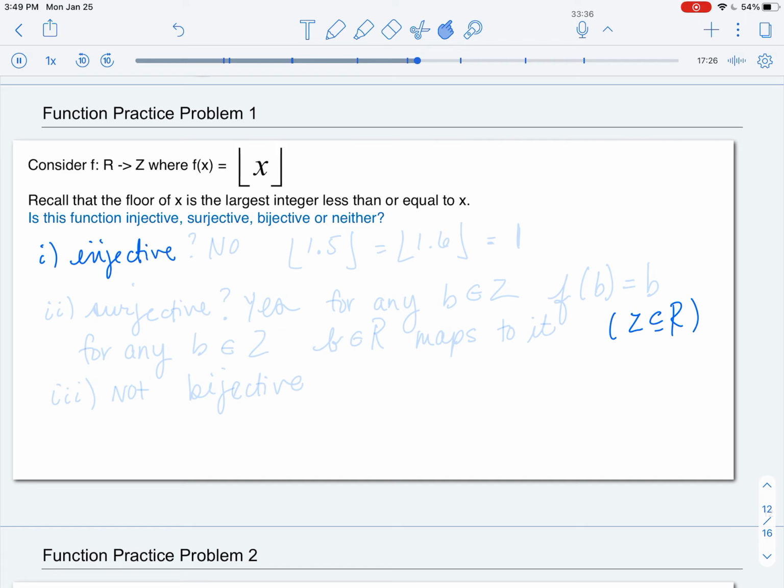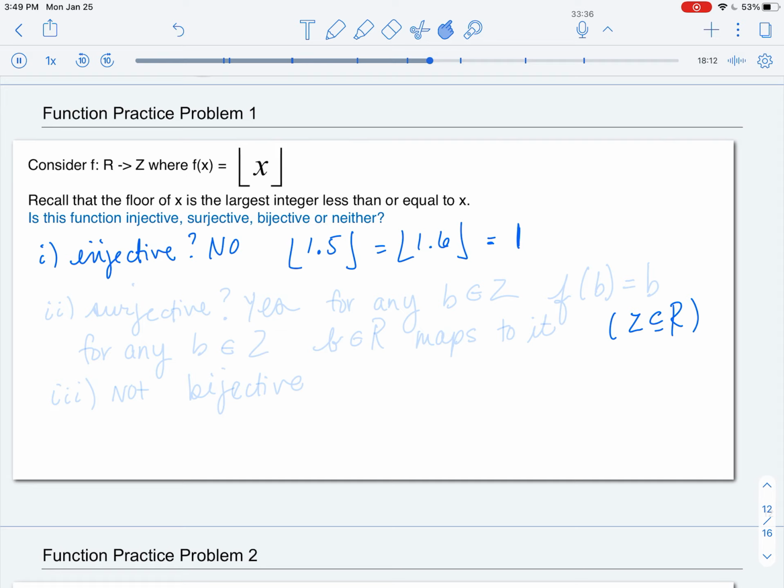Recall, for an injective function, everything in the domain must map to a unique point in the codomain. And for injective, we're going to say no, because we can think of 2 points in the domain that map to the same point in the codomain. So just consider the real numbers 1.5 and 1.6. They are both distinct, they're not the same number, but they both map to 1. So that is a counterexample. So this function, the floor function, is not